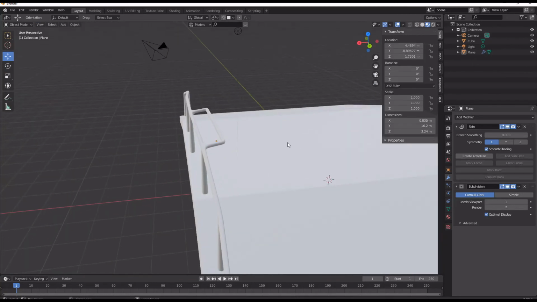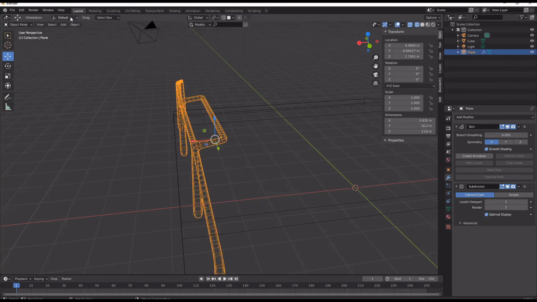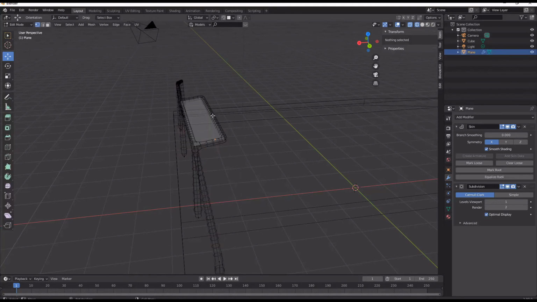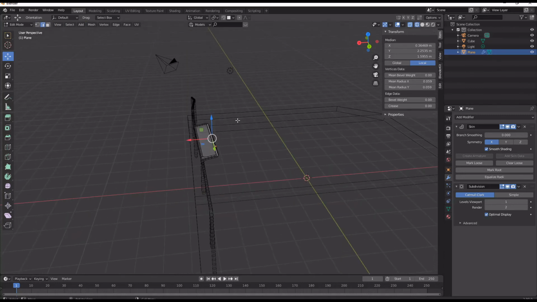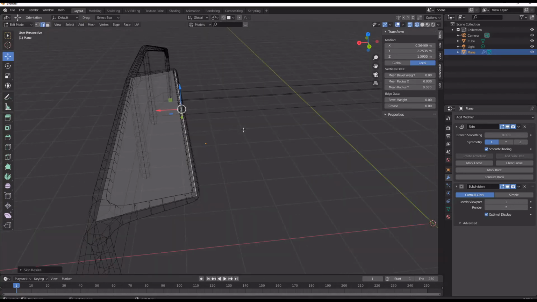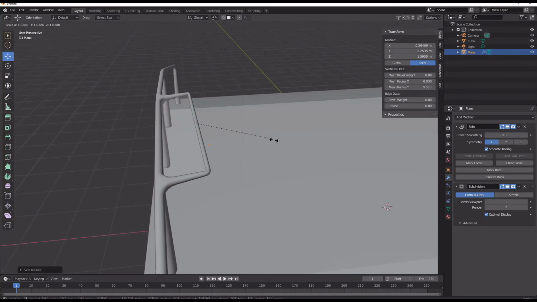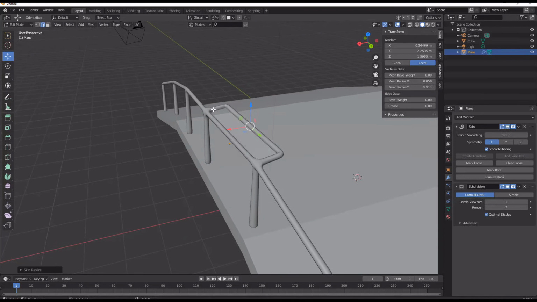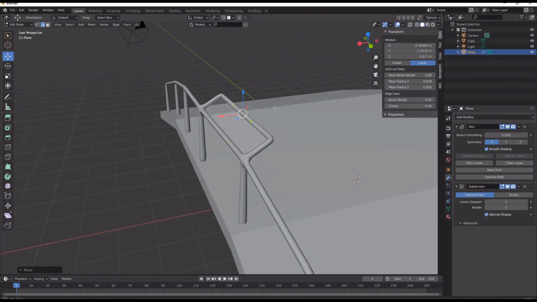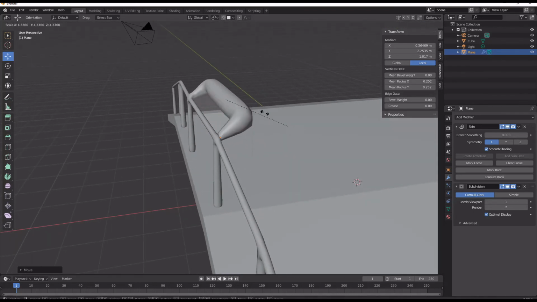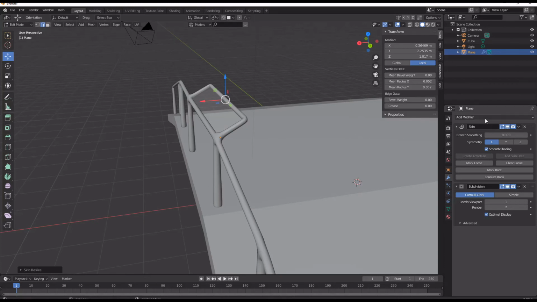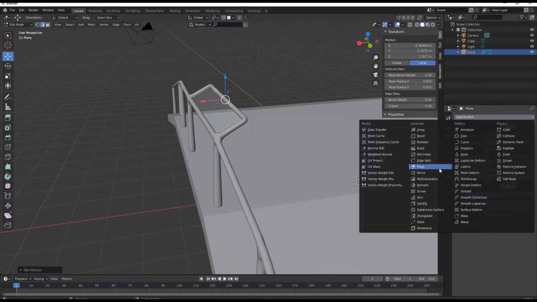We come out to material preview now, and then we can just again tab into edge mode and use Control A to bring the railings in and out. And then if we want to do something to alter the style of the railings, we can